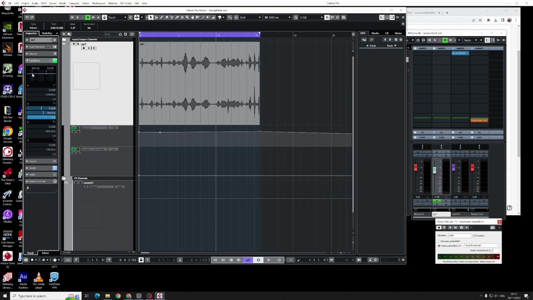And this allows you to shelve up and down the bass frequencies. You have a center frequency here. You have the amount of dip or the amount of accentuation. And you have what's called a Q, which is the degree of slope, and that looks best shown when you're working with